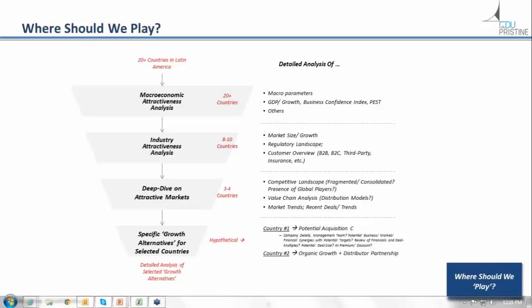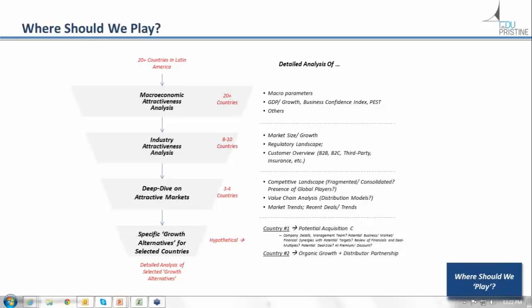And on the customer side of things, for these guys, the customers were hospitals, medical organizations, HMOs, and actually the end consumers and patients as well. What's the outlook for the customers? How are they paying right now? What kind of insurance system exists for those people, and so on and so forth. Do all that analysis, and it gives you a pretty clear picture that half of these countries probably are not worth considering further, but then there are these 3 or 4 markets and countries that we definitely should go deeper into.